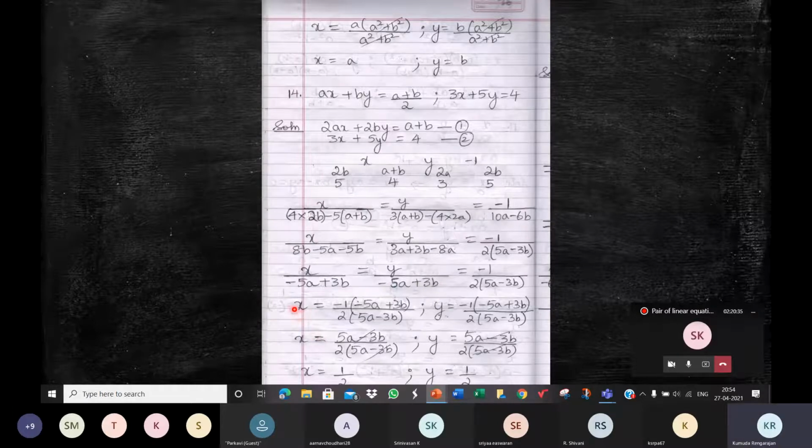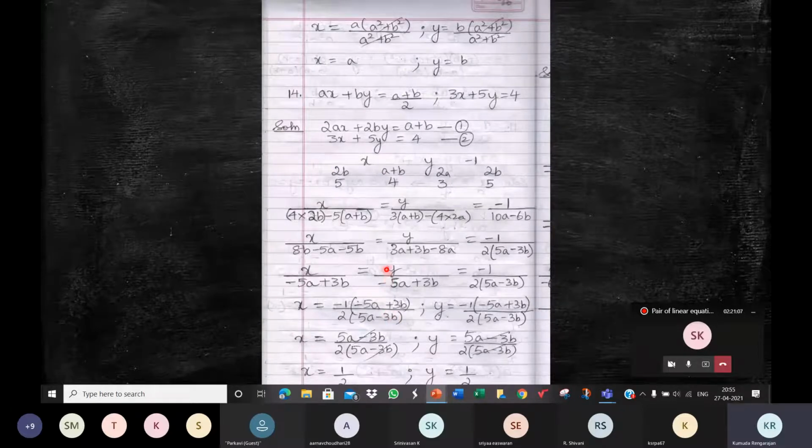What have I done? So see here, I've equated these two. I told you, anyways is fine. There is no rule that you have to do it at this stage or you should not do it at this stage. So equating these two, x is equal to, I've written this minus 1 as it is here. And then this one in a bracket, divided by 2 into 5a minus 3b. So be careful.